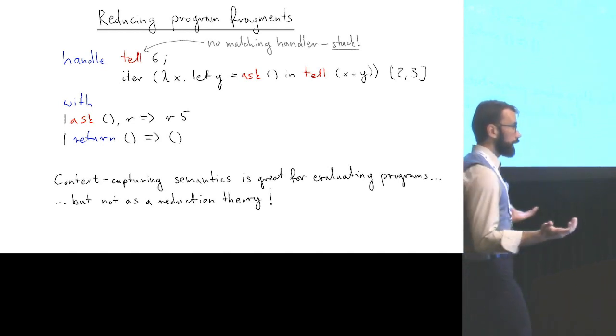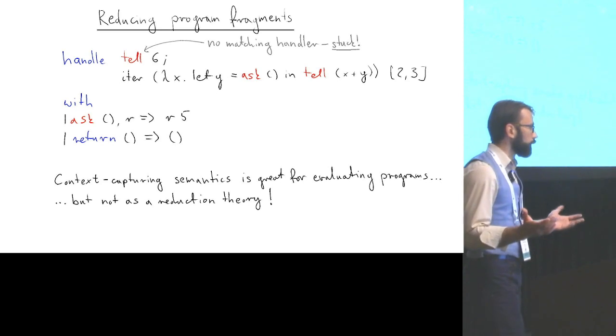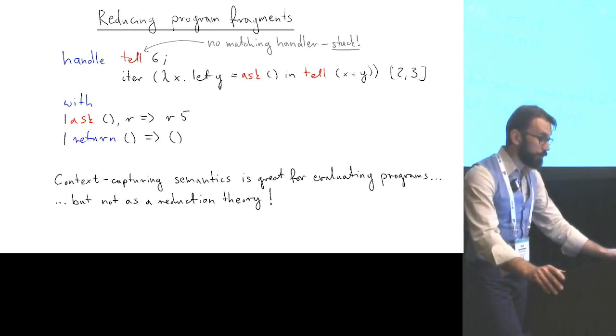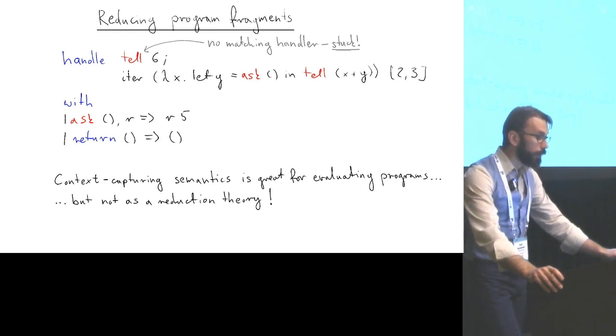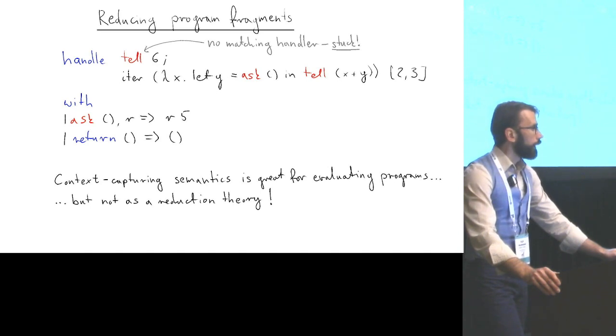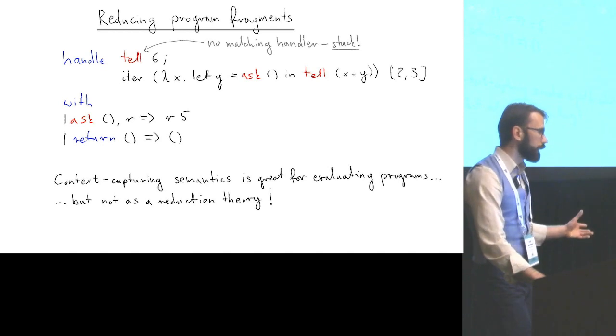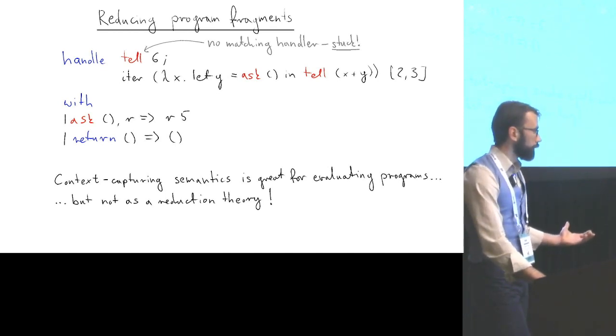So the idea is then, well, can we do better? Because this is not great for program optimization purposes, for instance. And in fact, we can. And so in the paper, we build on some of our earlier work in other control operator contexts, where we found out that we can give semantics to delimited control by looking at how the delimiter, in this case the handler, interacts with computation formers.